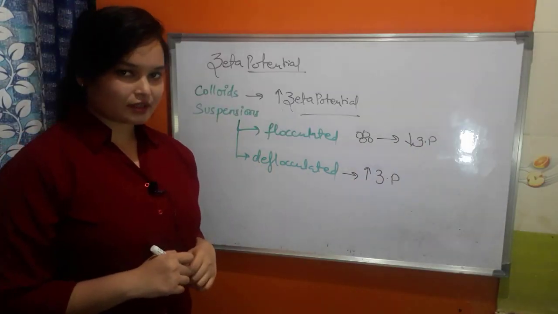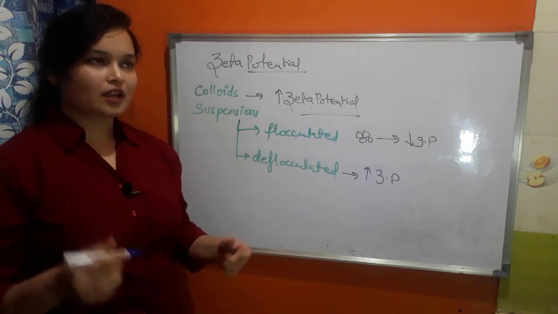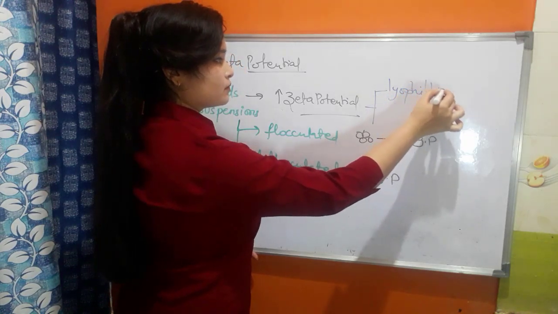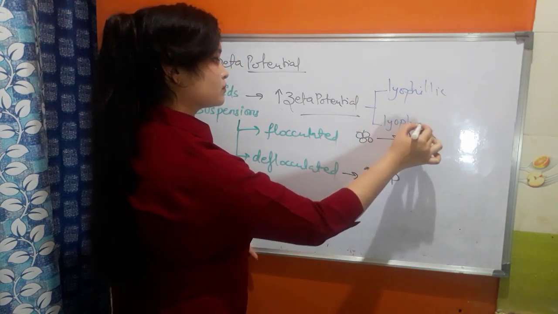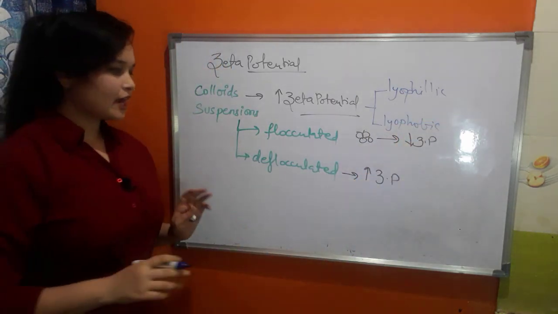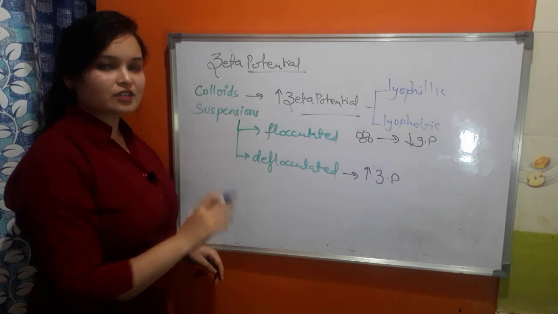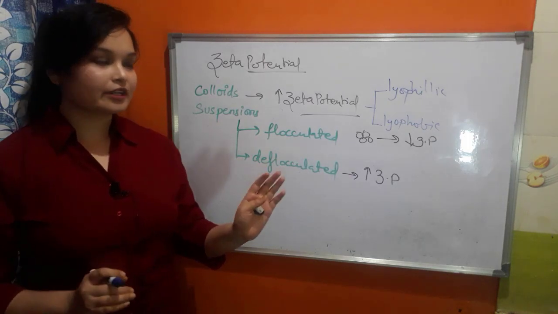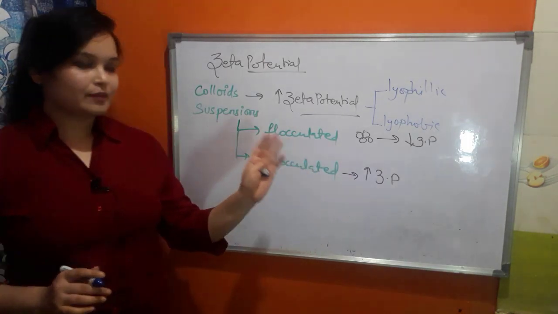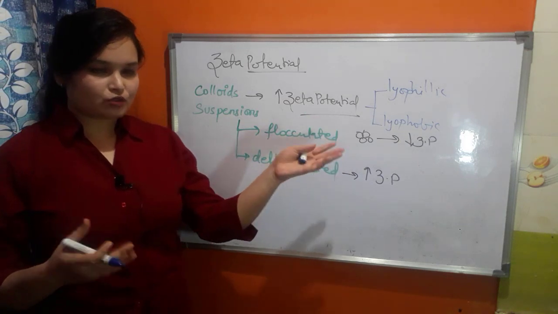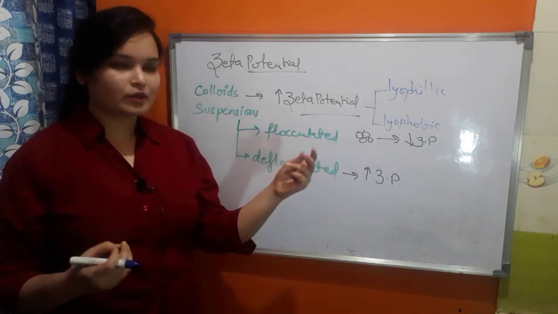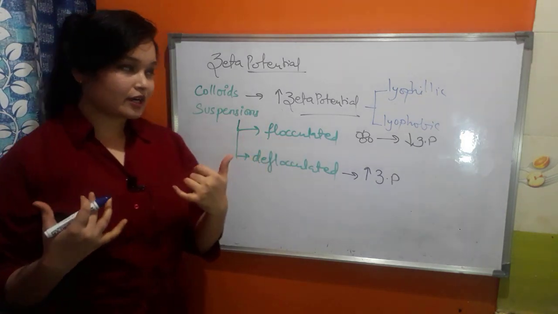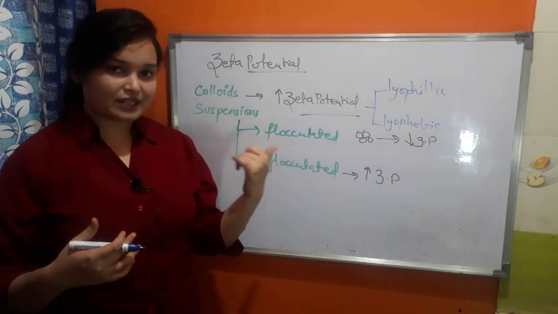I would like to add one thing here. We know that colloids are of two types, lyophilic and lyophobic. I told you that as in a deflocculated system, a colloid also must have high zeta potential for higher stability. It's especially important in the case of lyophobic colloids. Why? Because lyophobic colloids, as you know, are not solvent loving, so they should remain suspended in the solvent with the help of higher zeta potential. It will cause repulsion between the particles, and then lyophobic colloids will be made stable.